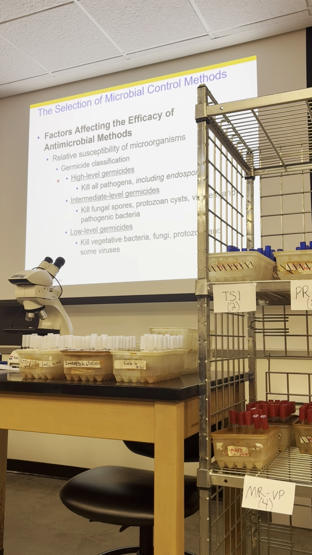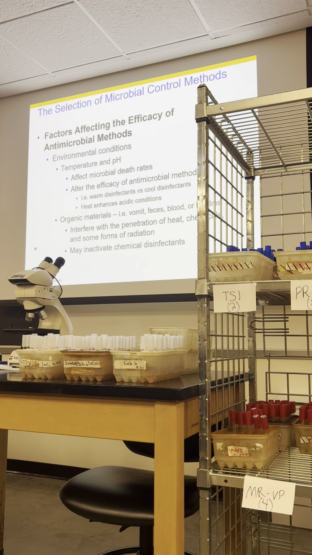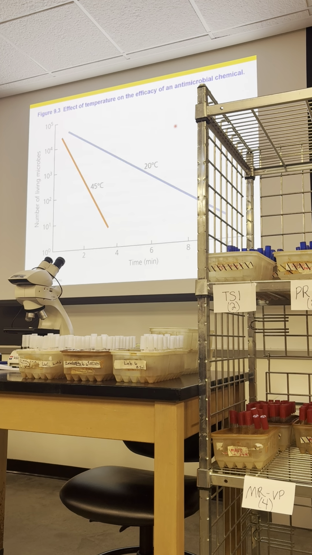Okay, so obviously we can classify these germicides based on how effective they are. High level kills everything, including your spores, intermediate, some stuff, and then low level is just going to be most of your vegetative bacteria, certain viruses, all that stuff. Temperature and pH affect stuff. Organic material